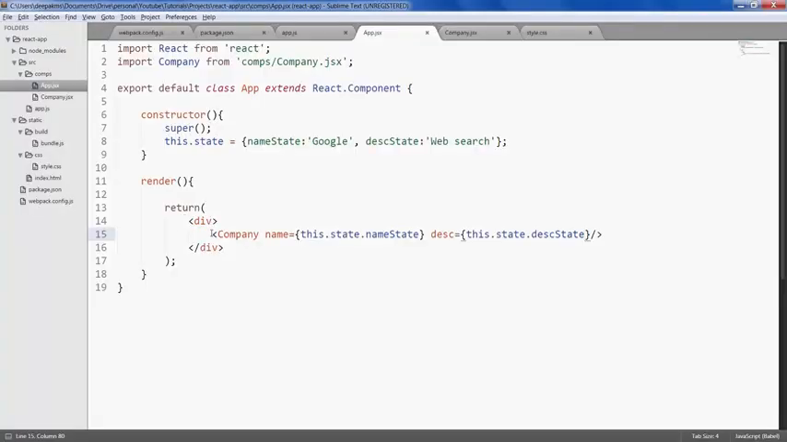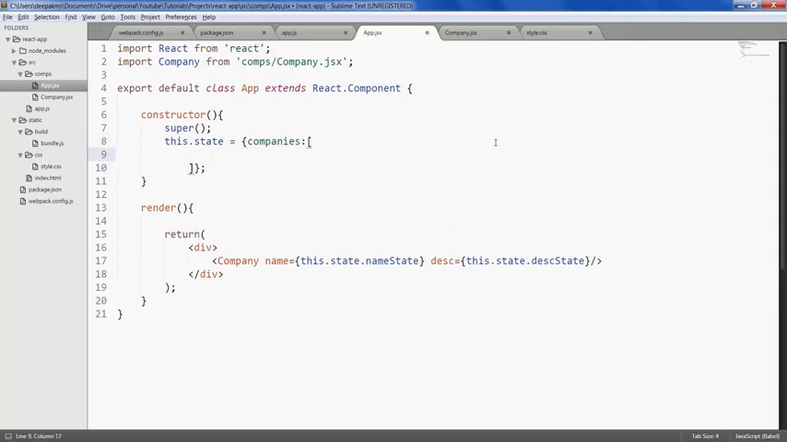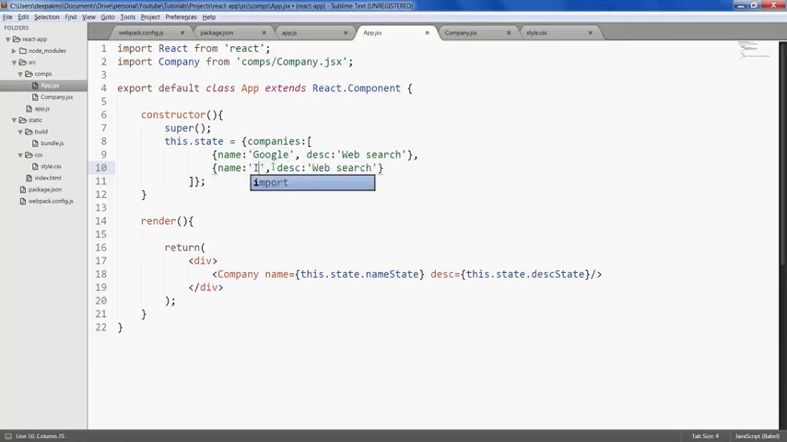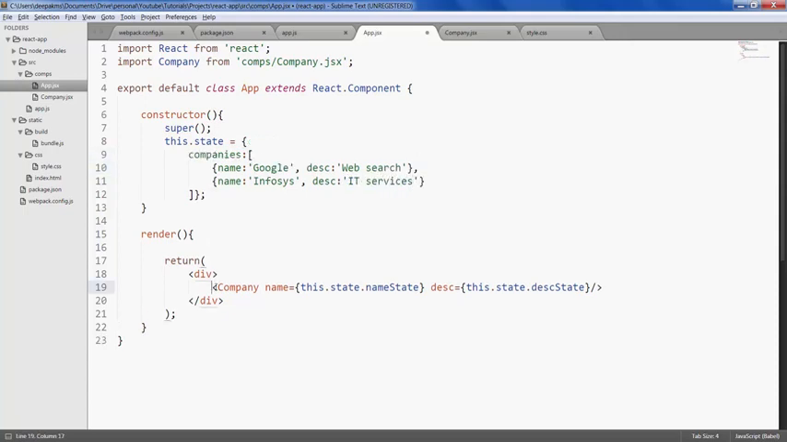If you want to create an array of companies dynamically based on states, you can do that as well. For that, let's create a state called companies, which would be an array. Alright, and this array has different companies. Let's call it name, Google, desc, web search, next company would be, let's say, Infosys, description is IT services. Now what we have to do here is we have to loop through the companies array